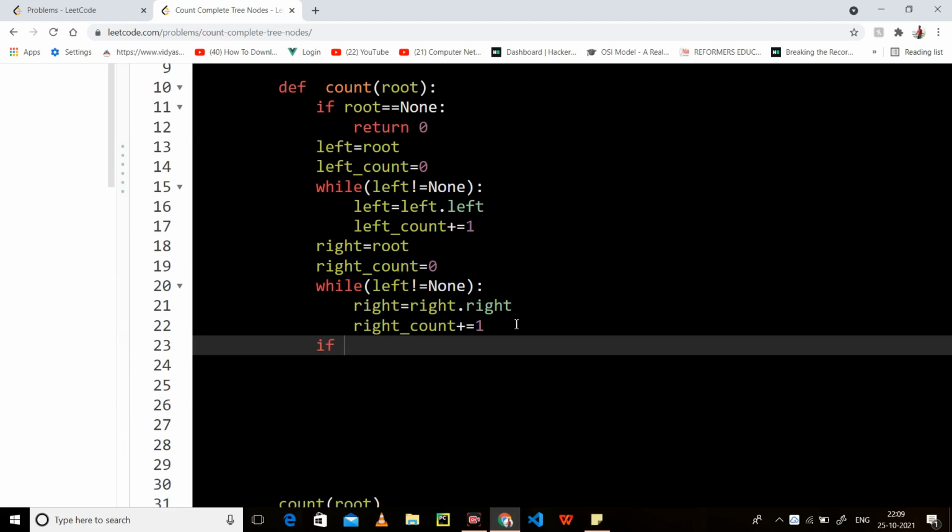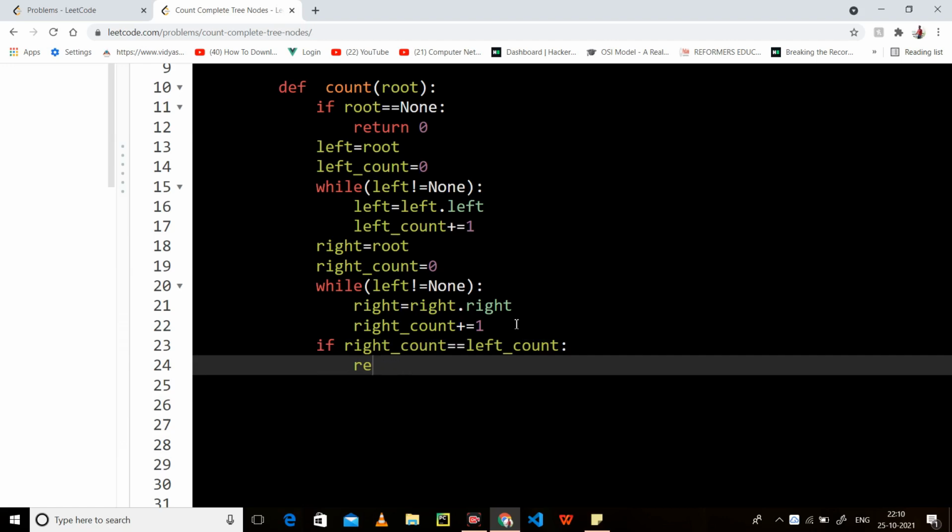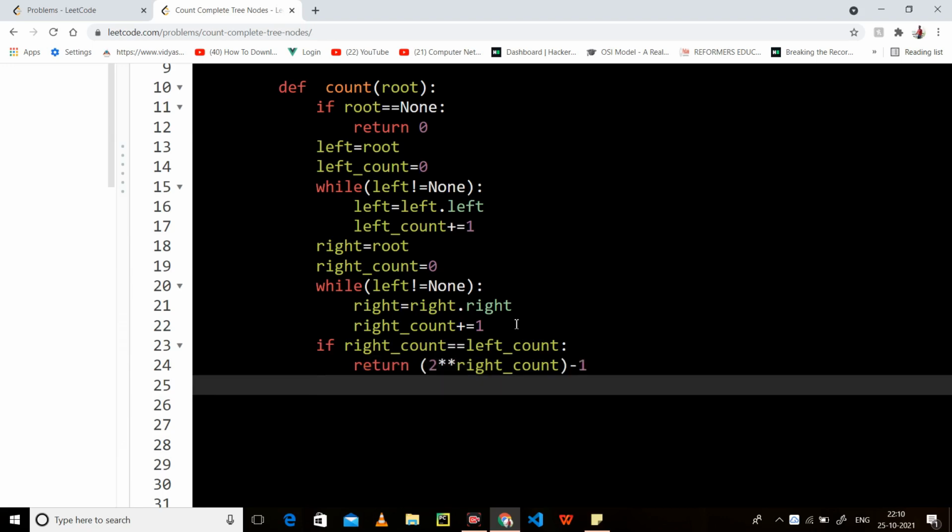If my right count is equal to the left count, if these two are equal, we will simply return 2 to the power of right count minus 1. So this will be the case in which both are equal.